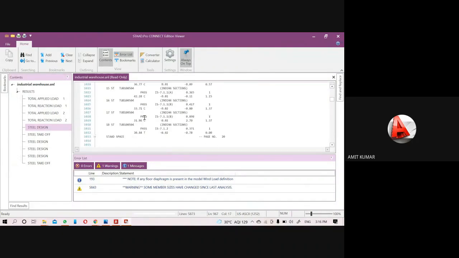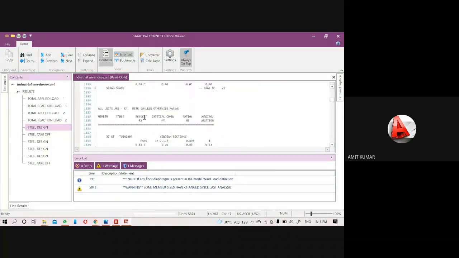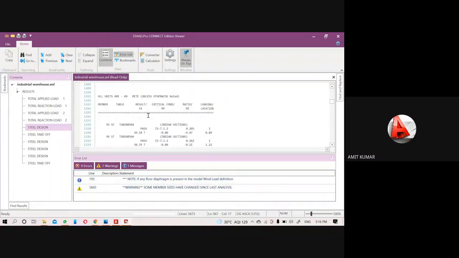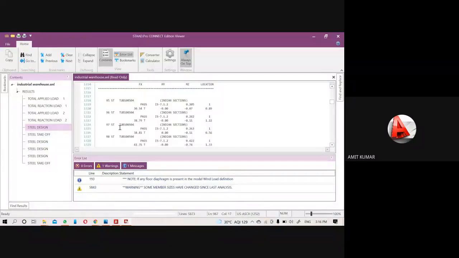You can see that by these values still I am not getting any error. If you get the error for any assigned value, then you can increase the type also. Like earlier I gave the rafter value tube 8044, but for the 8044 it was failing. That's why I changed the value up to the tube 154.